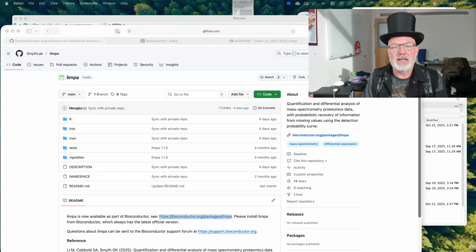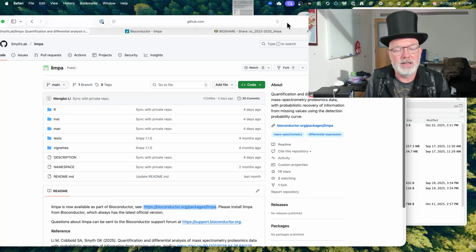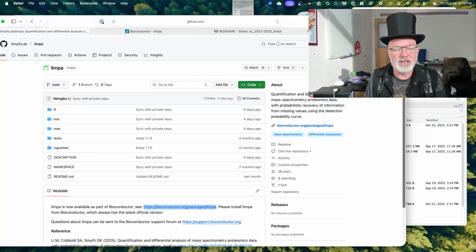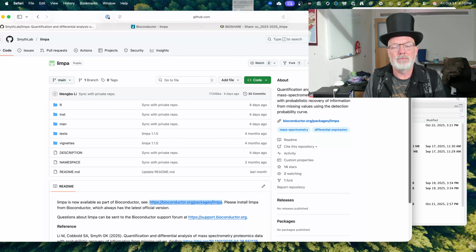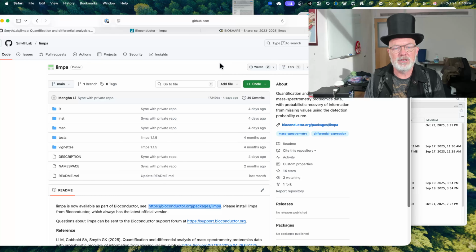One of the questions I get asked a lot is, after we run DIA-NN or Spectronaut or something, how do we do differential expression, or how do we know what's changing in our samples and our different conditions? I have a good video on this using MSDAT, but I thought I would show you my current favorite software for doing this, and it integrates really nicely with DIA-NN, and all of this is